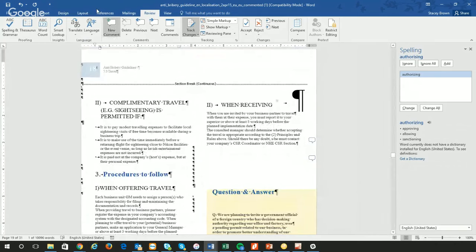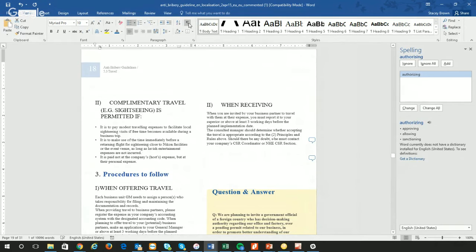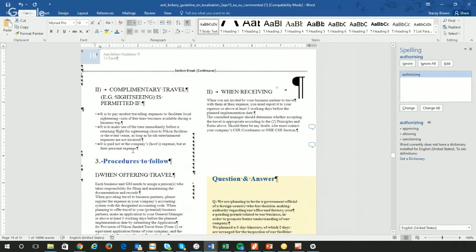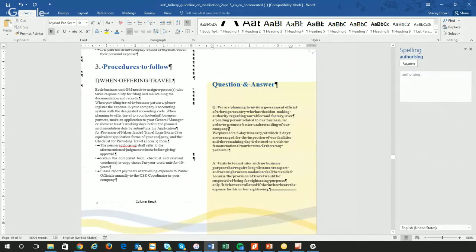Another thing, I actually have them on in this document, and a lot of you might not know about it, is reveal paragraph. If you're looking at the file like this, it's fine, but it doesn't really give you all the information. If I turn on these codes, I can see where the paragraphs are set, and it'll help me if I see any spacing issues. I can make adjustments if that doesn't need to be like that.